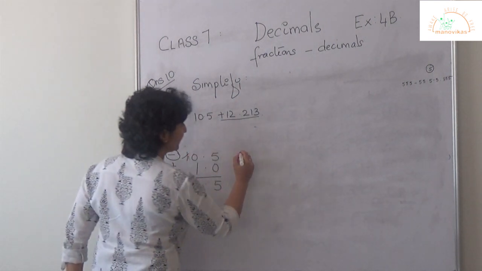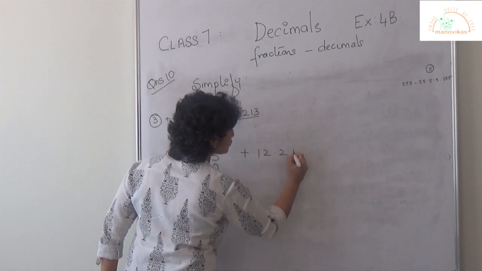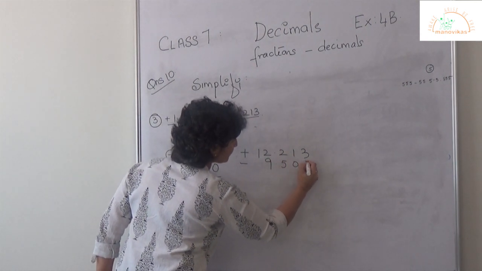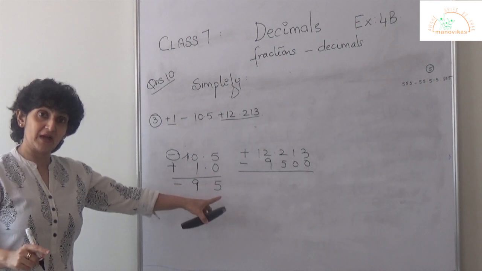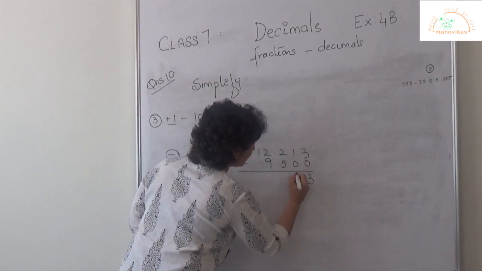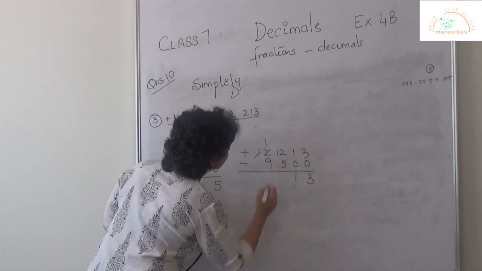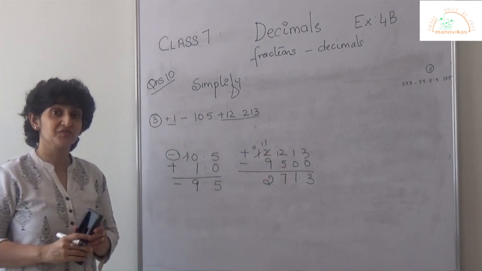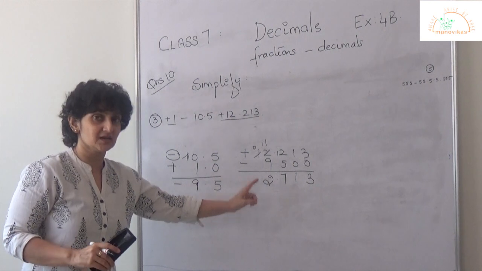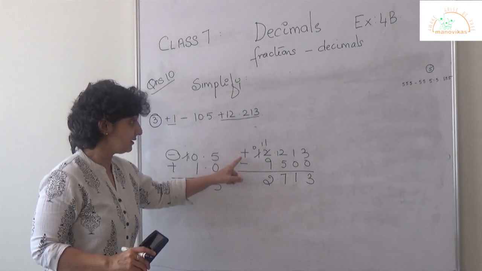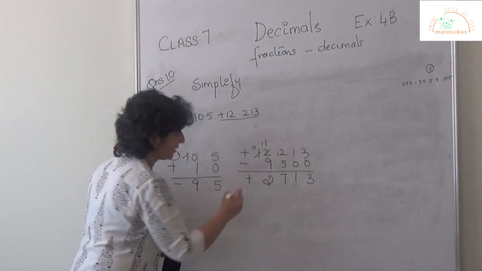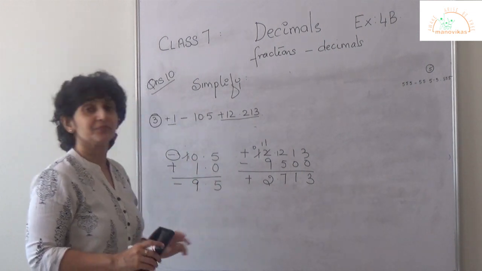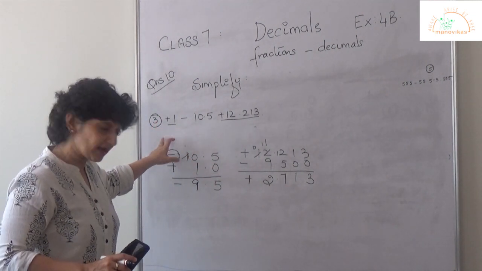Then let's take the bigger number again. Plus 12.213 minus 9.5. So again, different signs, subtract. So I get 3, 1, and I borrow 1. So this is 1 and 0. 2.713. Either way you do it, your answer should come the same. We have forgotten, we need to put the sign of the bigger number. You may or you may not, since it is positive. But just make sure you check your signs. So with this, I finish your example 3.